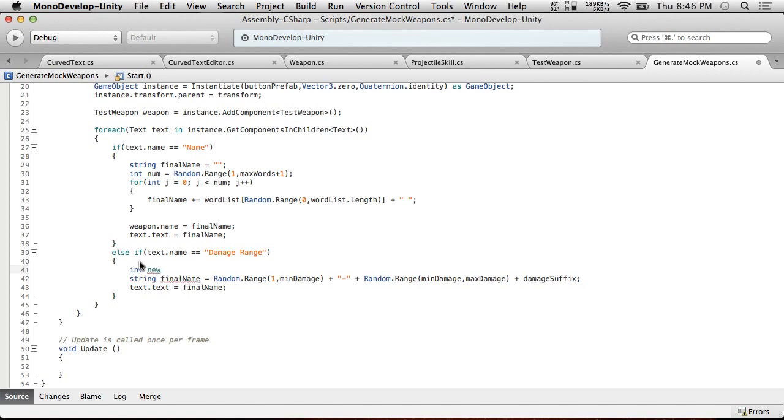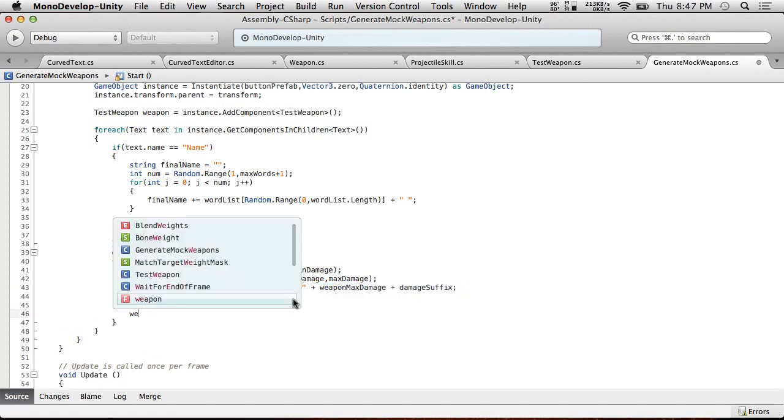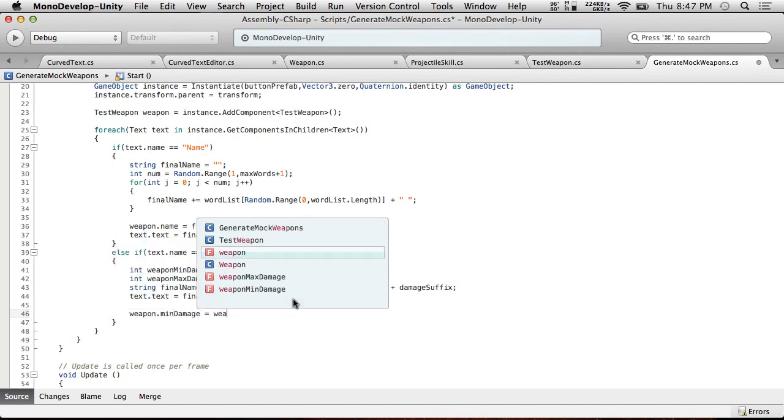New weapon min damage equals this, and int weaponMaxDamage equals Random.Range and this, and then we just do weaponMinDamage here, weaponMaxDamage here, and we fill in weapon.minDamage equals weaponMinDamage,